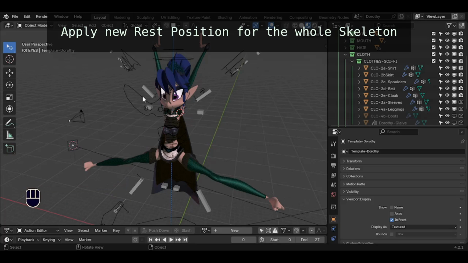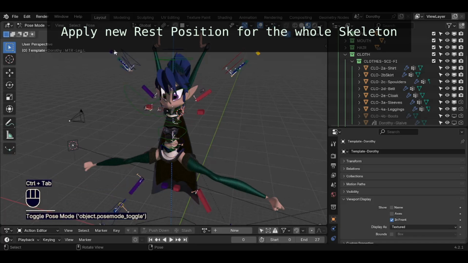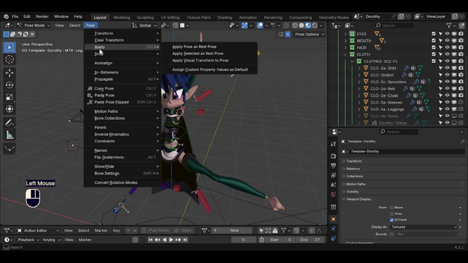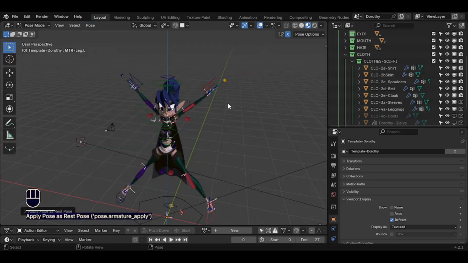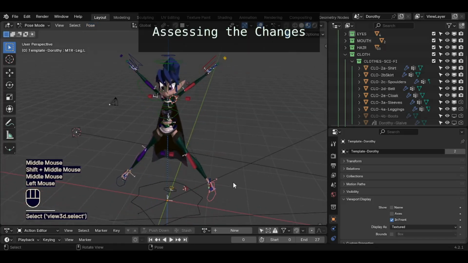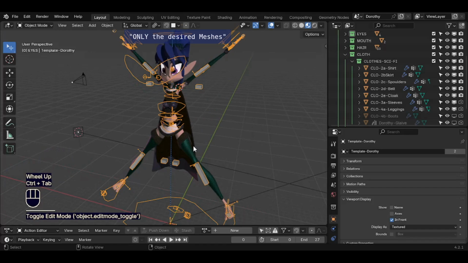Then as usual, I select the armature object, go on pose mode, and then Pose menu, Apply submenu, and Apply Pose as Rest Pose. This is a wrong statement. I believe this is apply this pose as rest position, because we are absolutely making a change to the rest position for the skeleton for all of the bones in the rig. So just apply pose as rest position, and that would have changed all the meshes